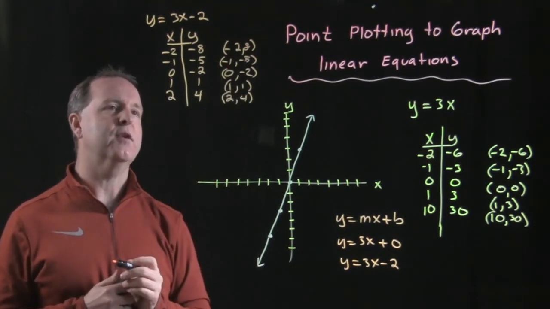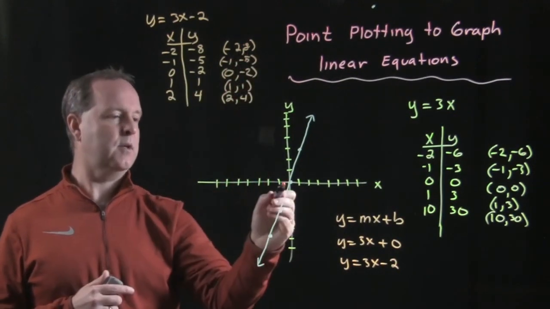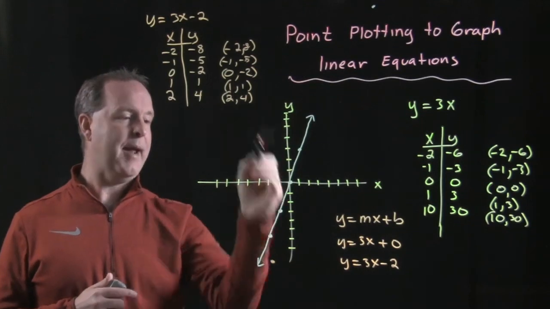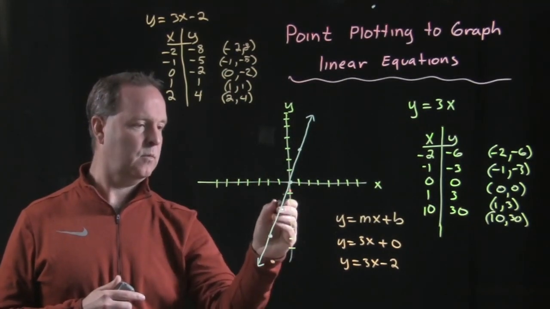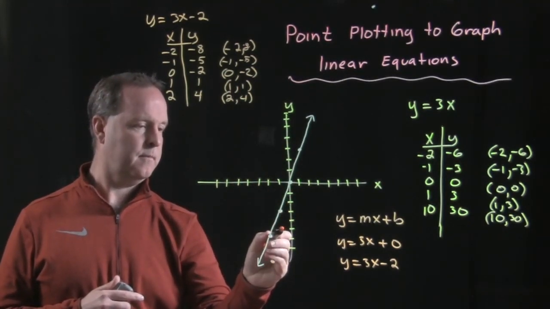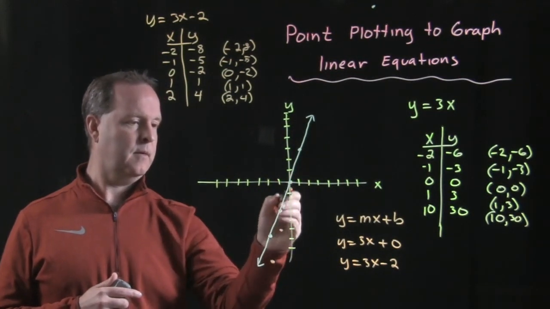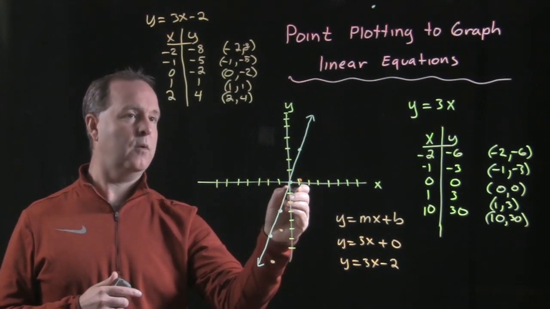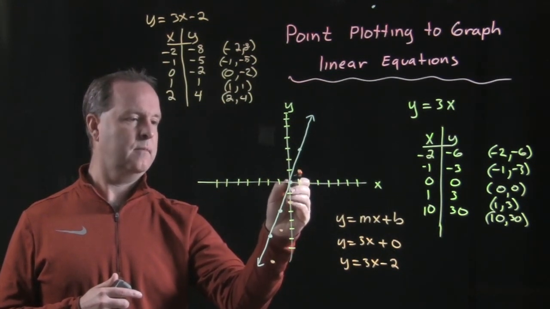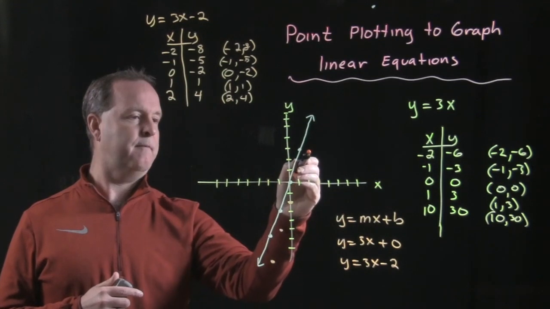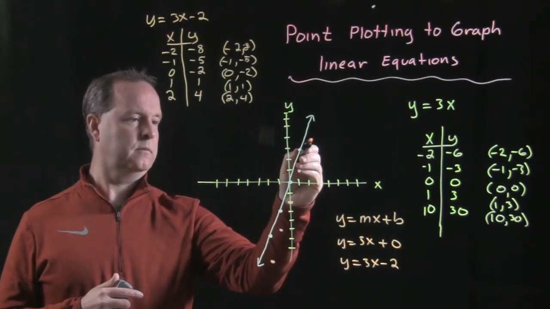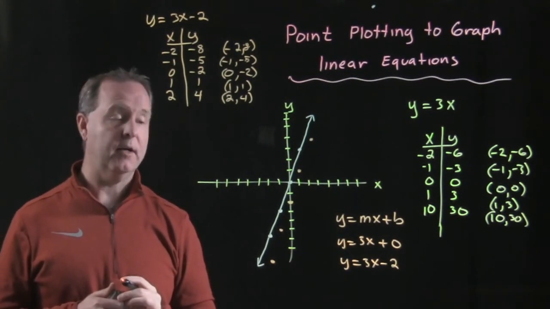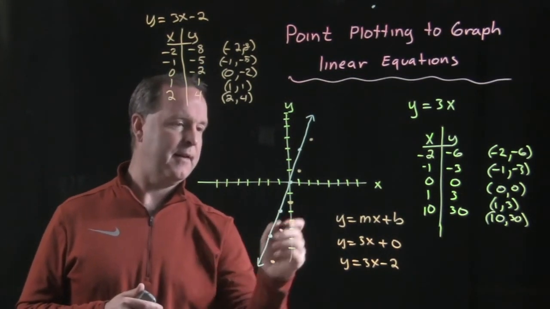So let's draw these points. The first one is -2 and -8. So backwards 2 and down 8. Backwards 1 and down 5. Backwards 0 and down 2. Over 1 and up 1. And then over 2 and up 4. Those look like I did a good job. They all appear they would be linear. And then if I were to graph it,